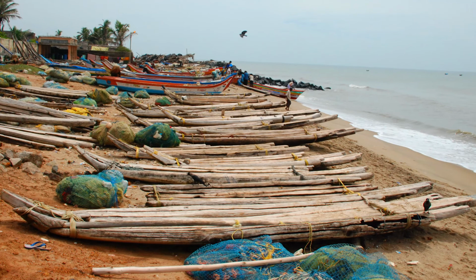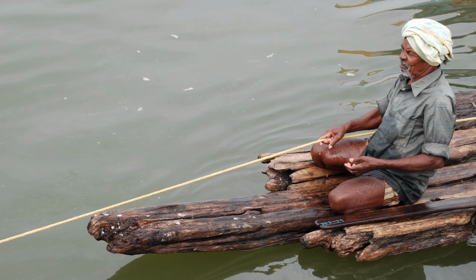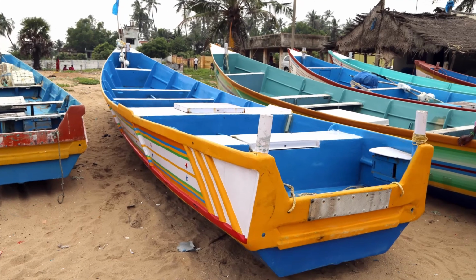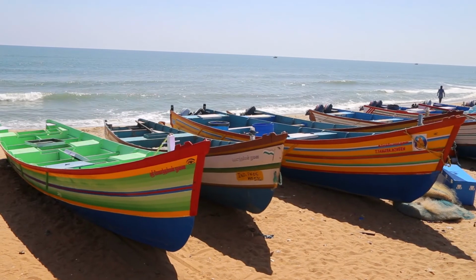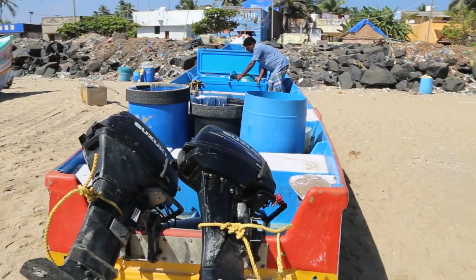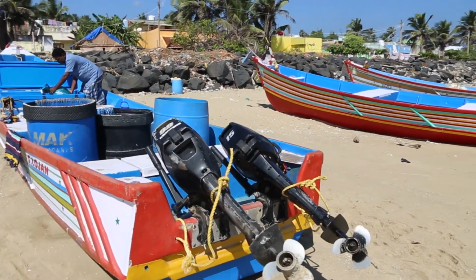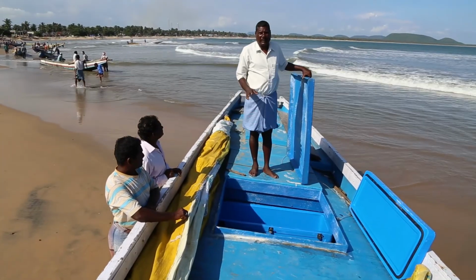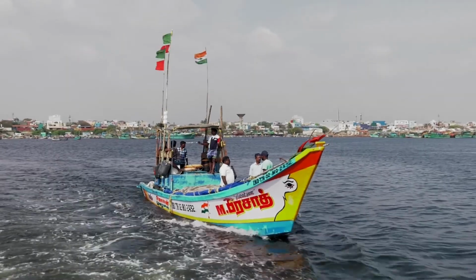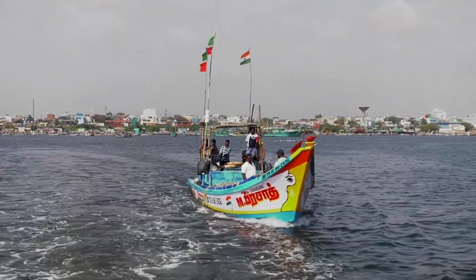In the last 2 decades, and especially after the December 2004 Asian tsunami, the wooden catamaran and small fiber reinforced plastic boats of 26 to 28 feet have given way to bigger FRP boats. These boats now exceed 30 feet, carry twin outboard motors, and are also much wider to accommodate bigger gear and more fishermen. This change has allowed them to stay out at sea for a longer duration, sometimes 2 to 3